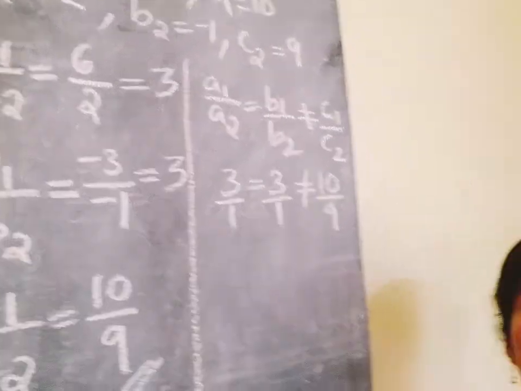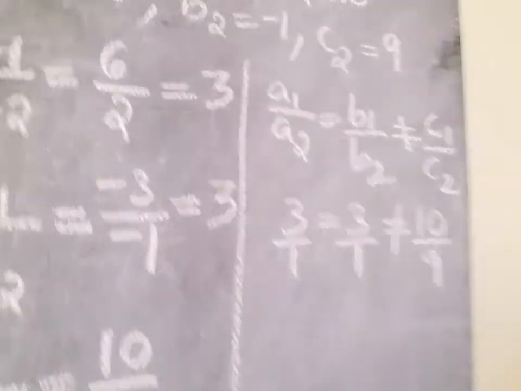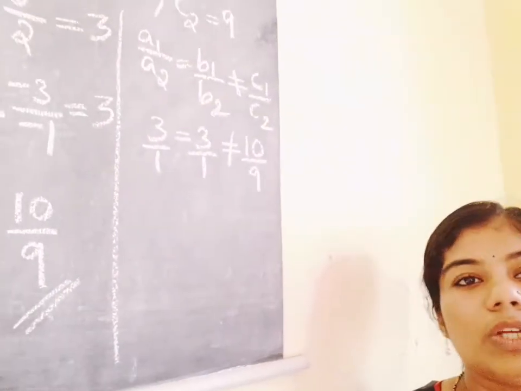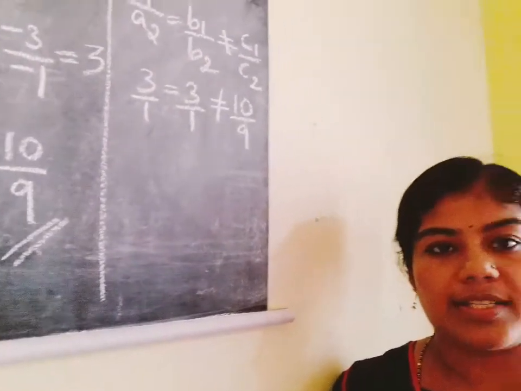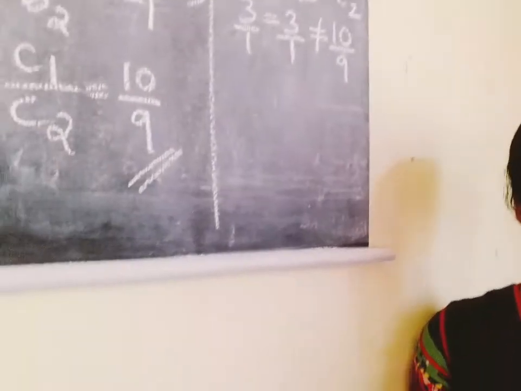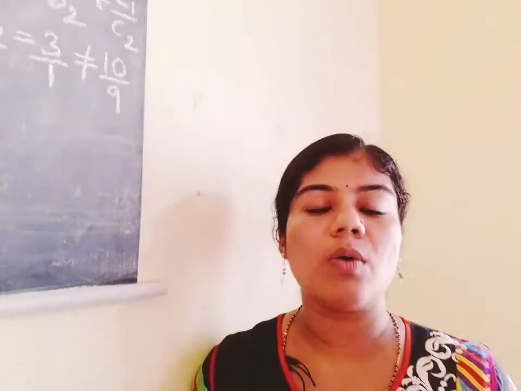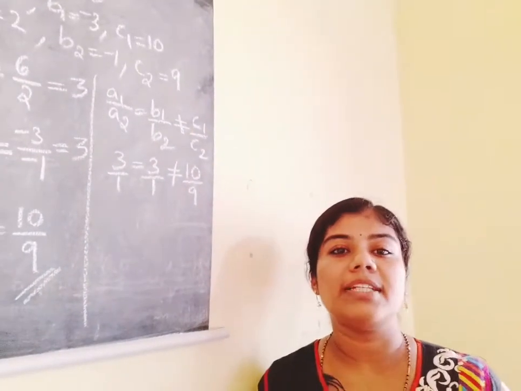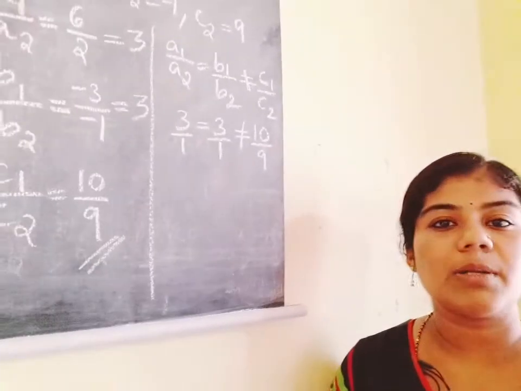If you draw this pair of lines, you will get lines that are parallel, which means there is no solution. We already wrote the cases; it depends on the case. Of the cases discussed, the last case is a1 by a2 equal with b1 by b2, which is not equal with c1 by c2. If you draw a graph using our pair of linear equations, how will it be? The lines will be parallel. If the lines are parallel, your answer will be no solution.